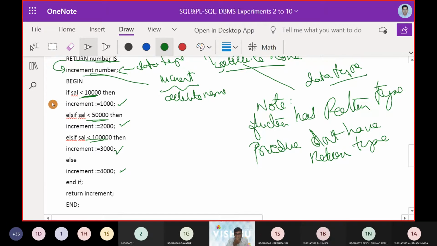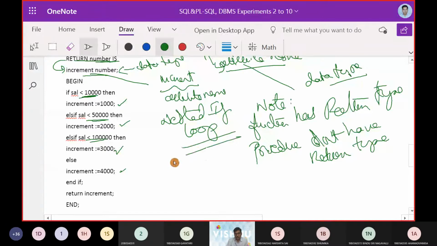So what we have done, we are now using a nested if. You can see that if is followed by else if.